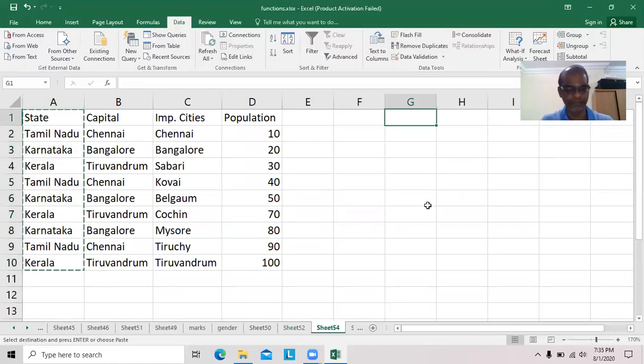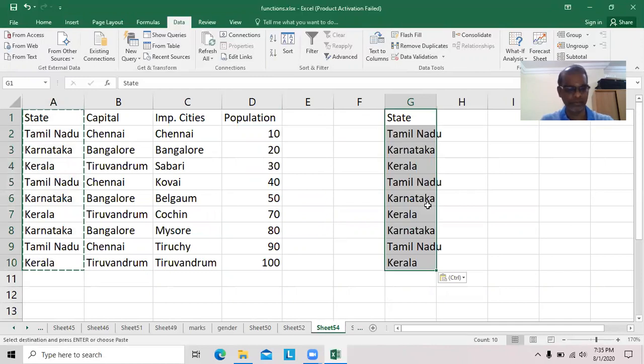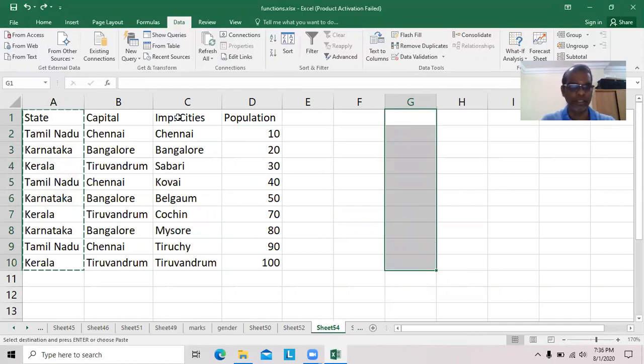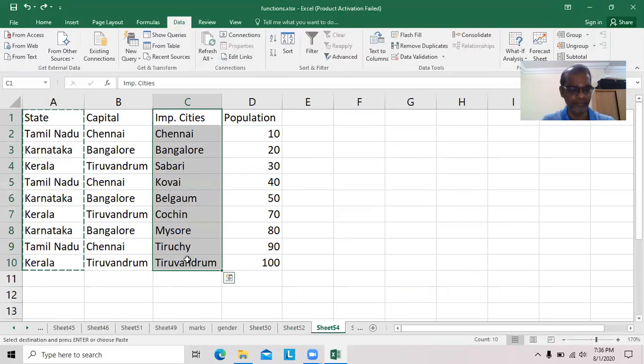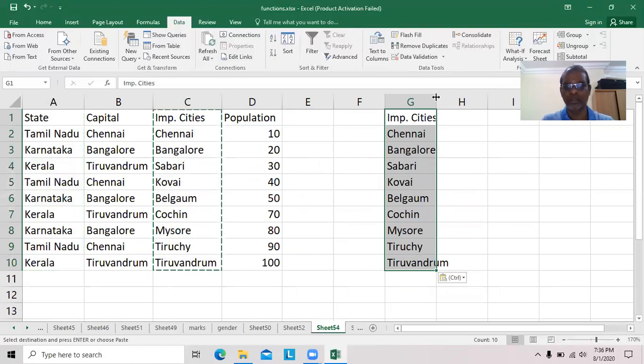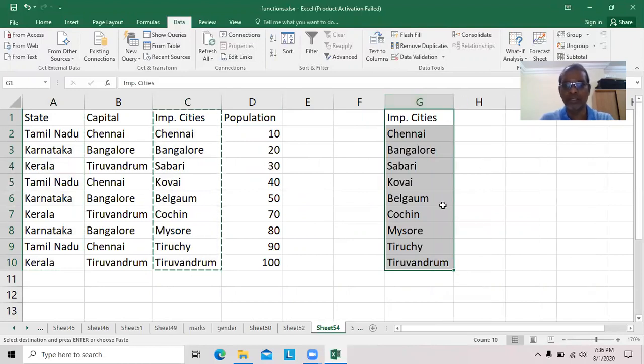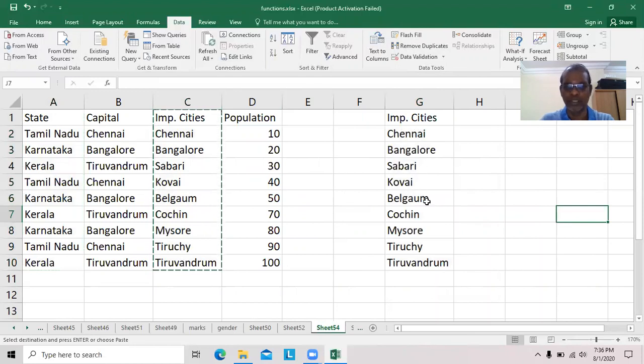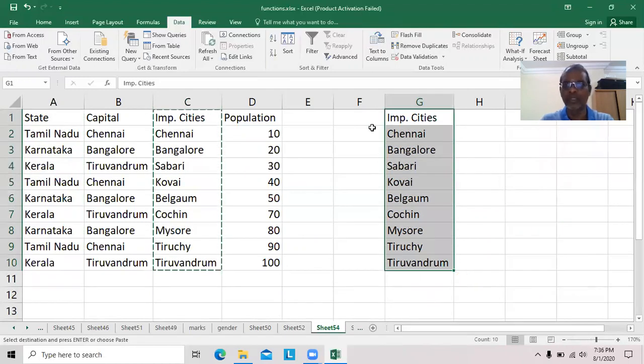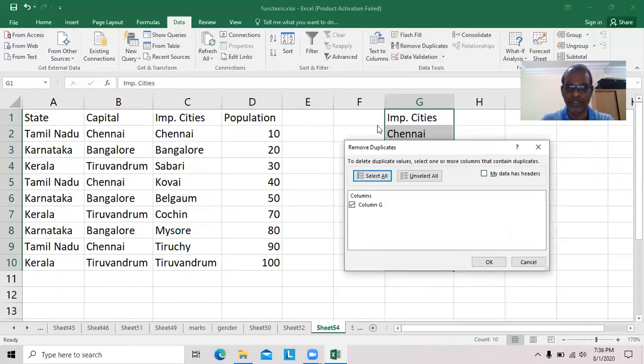Sorry, no. I can copy important cities. Here we know very well, there are no duplicates. Chennai, Bangalore, Salem, Kovai, Belgaum, Cochin, Mysore, Trichy, Trivandrum. There are no duplicates. First select it, then remove duplicates.